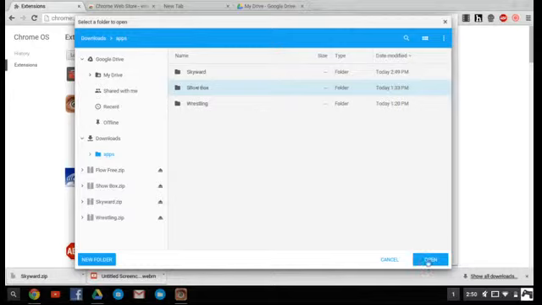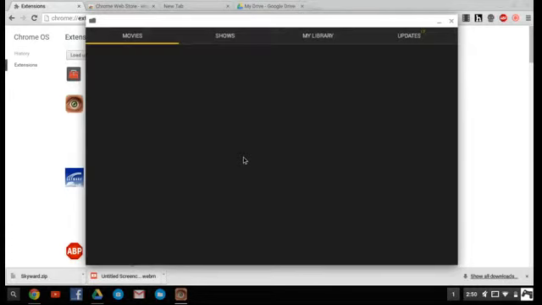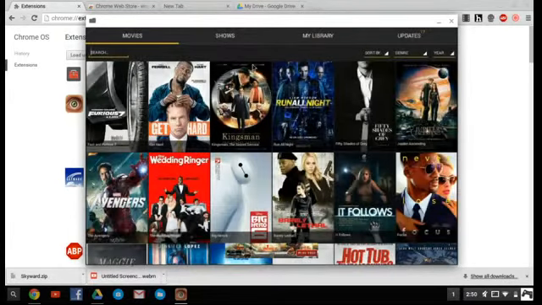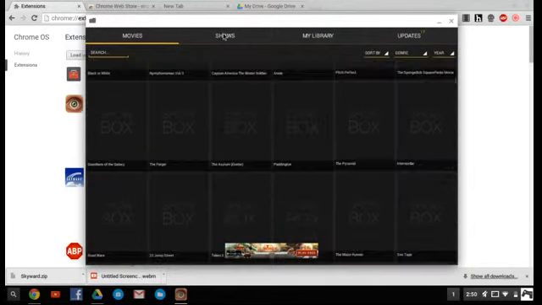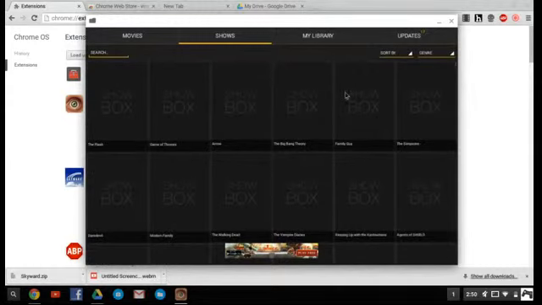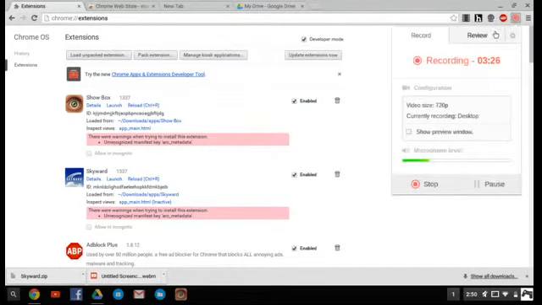Just, again, it already brought me to my downloads, so Showbox, click on it, open. You see that little thing up there? That means you got it right. You're going to give it a second. And there we go. Now we got Showbox, where I can watch free movies and free TV shows in full, and they come out the next day. Get Showbox. It's an awesome app. But that is how you use Android apps on